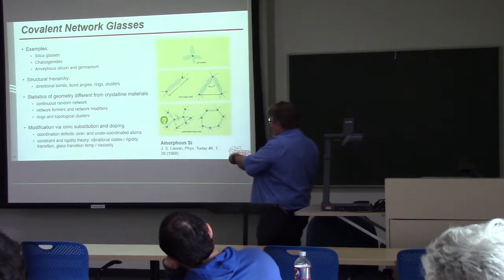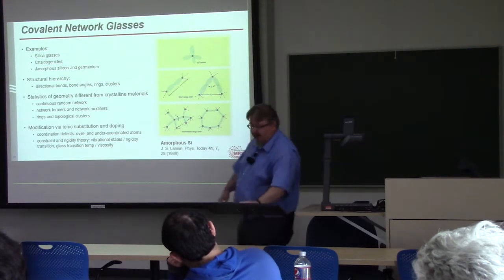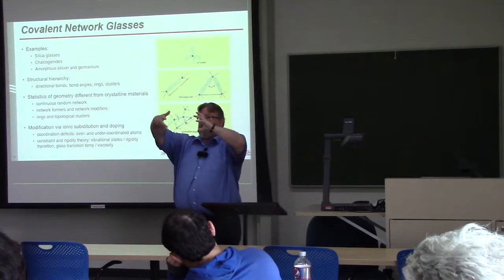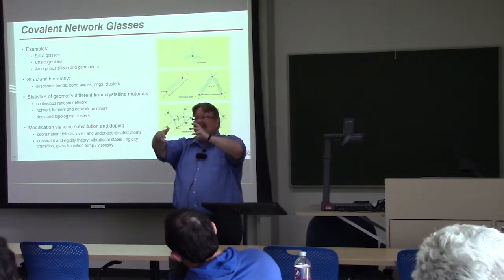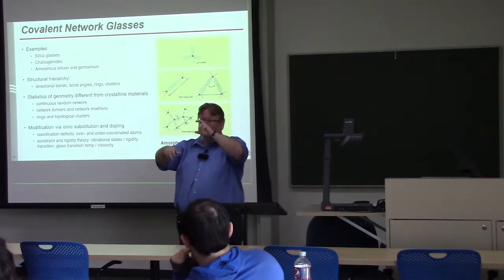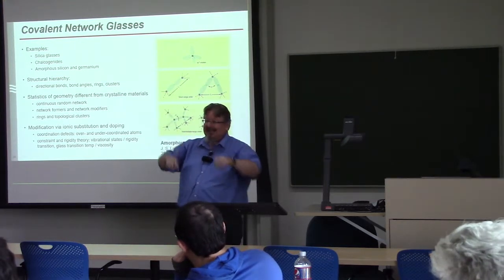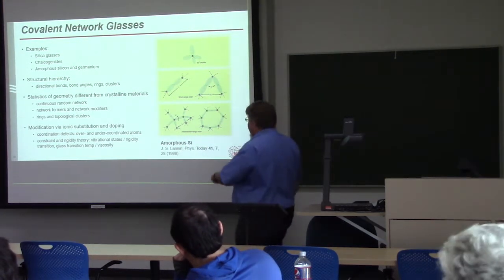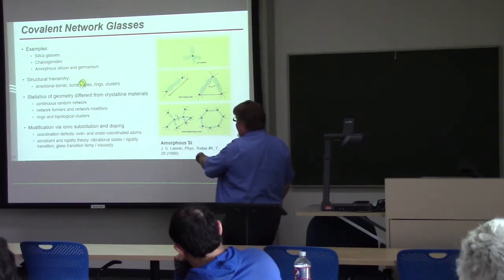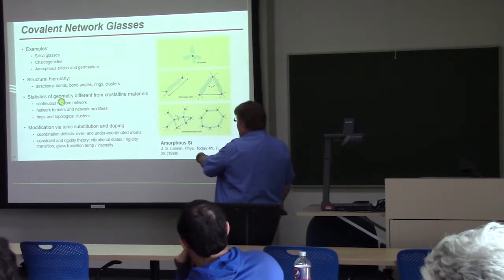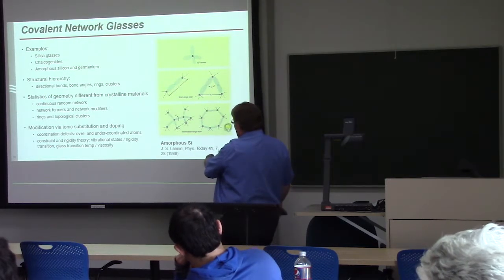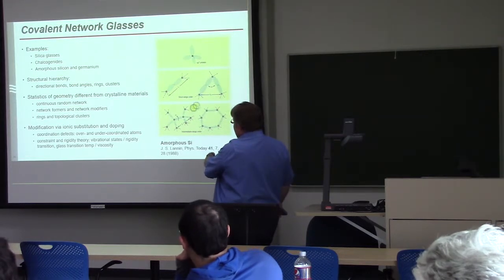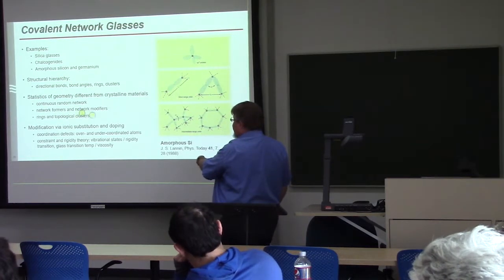Then the variability can come by twisting one polyhedra with respect to the other one around their common bond. That's called the dihedral angle, because it's one tetrahedron and another, so dihedral. That introduces randomness, so the structure can be characterized by a distribution of dihedral angles, but also by counting rings of bonds or other topological bonding measures that make little clusters.